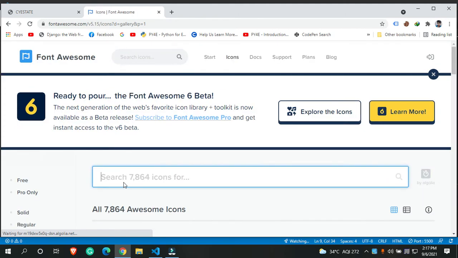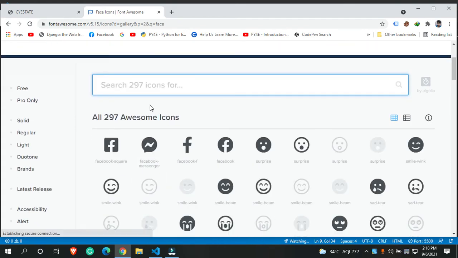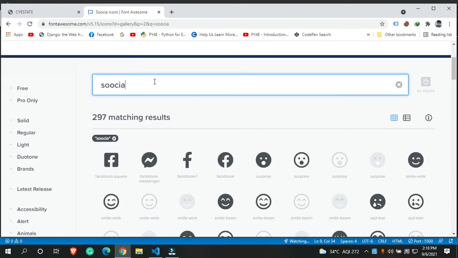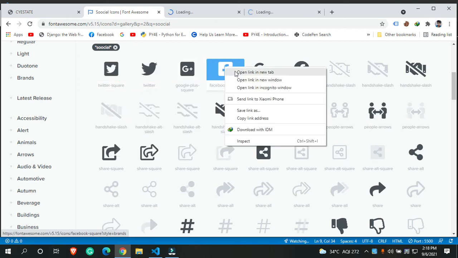And here you will find it. I wanted to have social icons. Okay, social icons, I wanted to have all social icons, 1 2 3, and